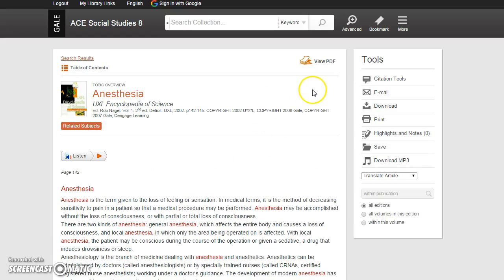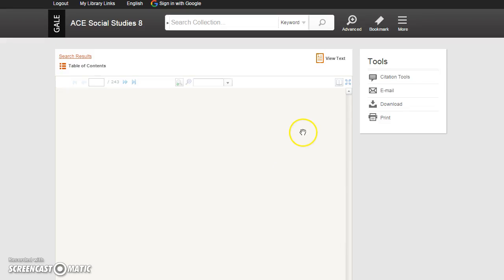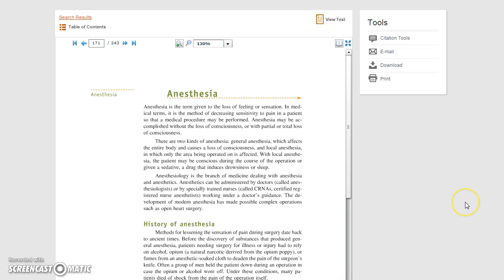Or we can view it as an actual book. So if you click on the upper right hand corner where it says View PDF, you can transform this from looking like a web page to looking like the original print book that it came from. And so it's bringing up the actual pages of the pieces of paper that it was originally printed on before it was changed into web format. So we can see that it actually looks like a book now. I can turn the pages,